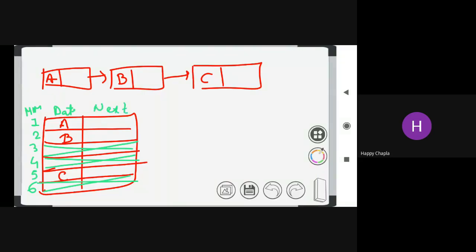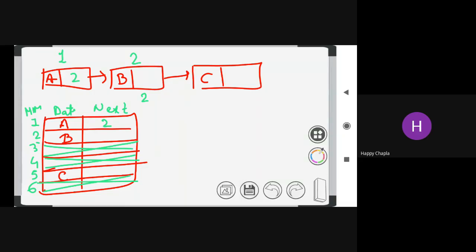If I say that here the memory location is 1, where is my next part going to be stored? At the second location. So you have to give the link to the next, that is the 2nd node. Refer to the second memory location to find the next data. So I am jumping over there.